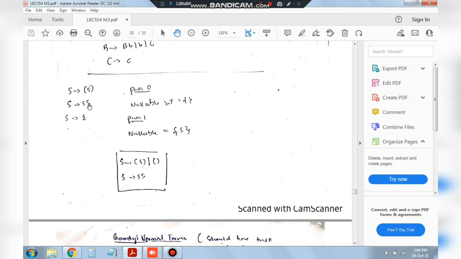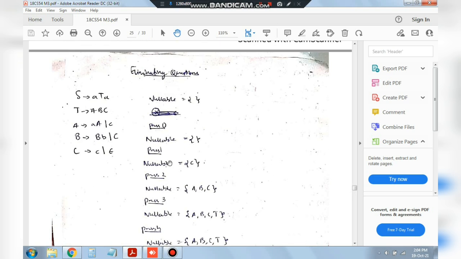Let's consider an example. Here we have S goes to S, and S goes to epsilon. Three statements are given to us, and we'll be doing pass 0. In pass 0, the nullable set will be empty initially, and in pass 1, S goes to epsilon, so therefore this will be included here, and eventually SS and S also will be included since S is nullable. And after that, in the final step, we'll have all of these combinations, which is S goes to S, and nullable is represented as opening and closing braces, and SS is written here. So this is about the eliminating questions.